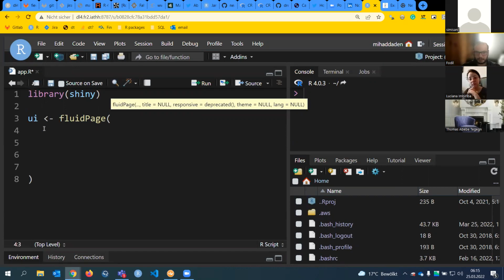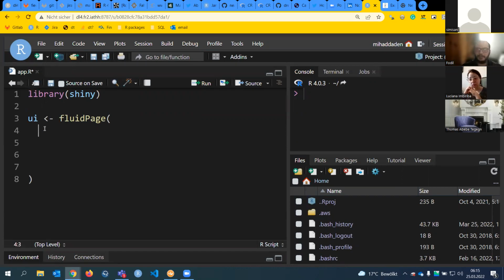And inside this fluidPage, we will implement all the things that we want to display to the user. But this is the basics. If I keep it empty, it will still provide a page, but it's a blank one. We will see what it means exactly. It's a blank page, but it's not really empty. There is a nuance between empty and a blank page.